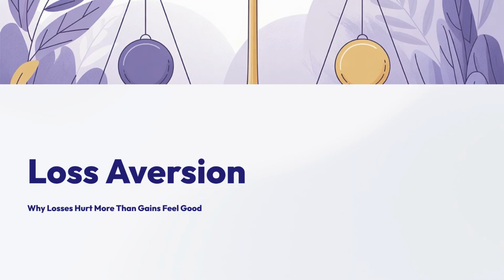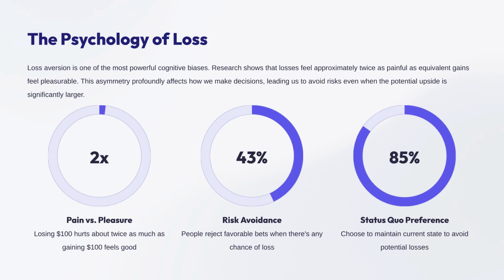Now, let's explore loss aversion and why losing something hurts significantly more than gaining an equivalent thing feels good. Loss aversion is a powerful bias. Research shows that losses feel approximately twice as painful as equivalent gains feel pleasurable. This asymmetry leads people to reject favorable bets and influences 85% of us to prefer the status quo to avoid